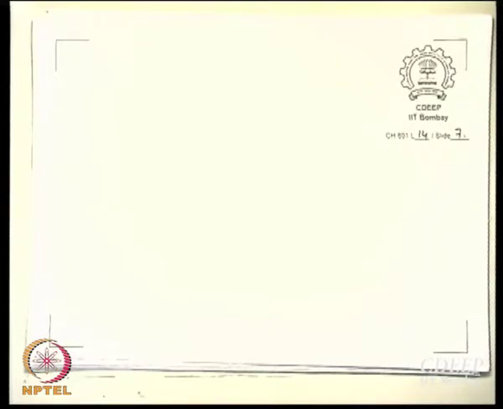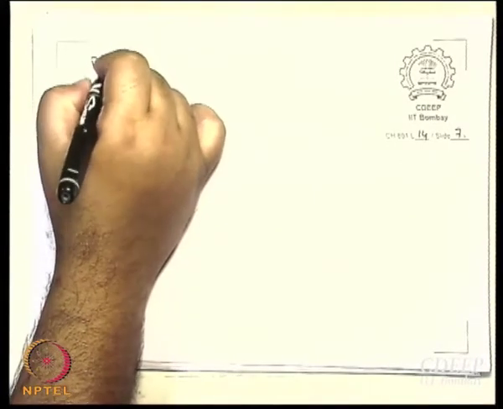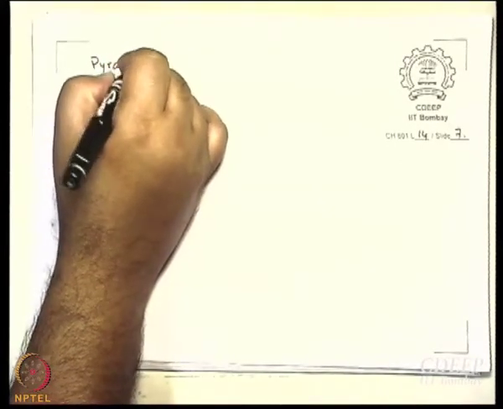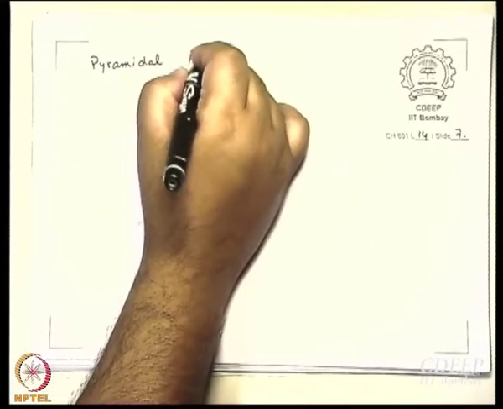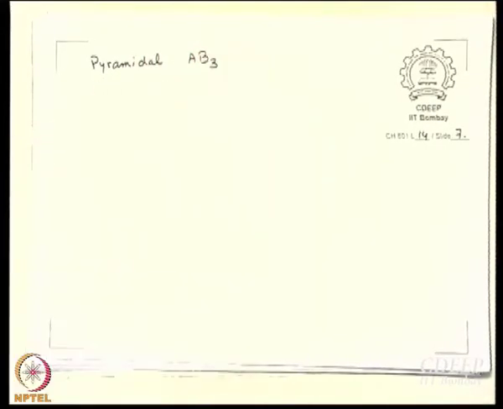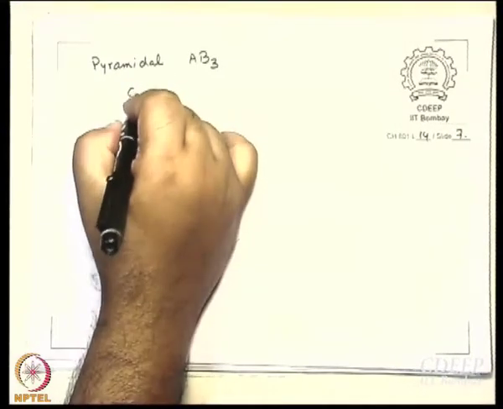So, let us see. Let us say pyramidal AB3. Any example you know? Point group? C3V, very good. Now, what do we need to do? I need to work out the symmetries of normal modes. Let us see. C3V,